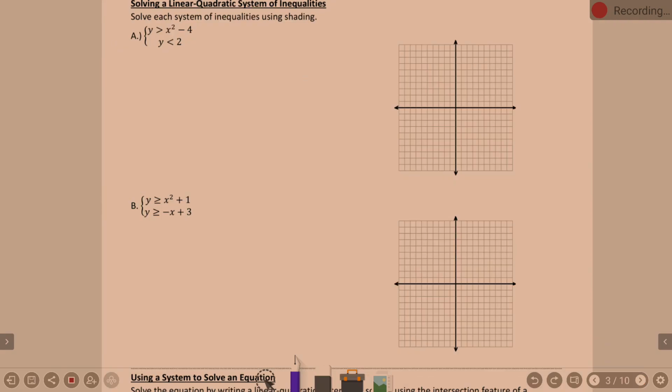And now we're going to look at solving a system of inequalities. I gave you the hint on there using shading. So we're not just looking for where the two lines intersect, we're looking for where the shading overlaps. So let's pick one and start with it. This first one here,